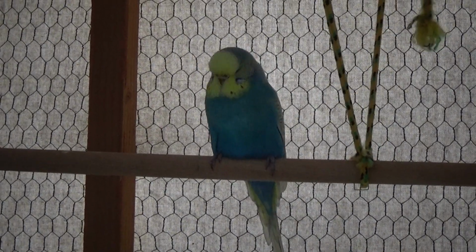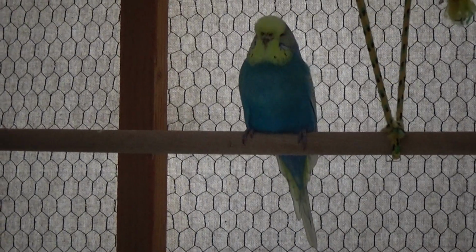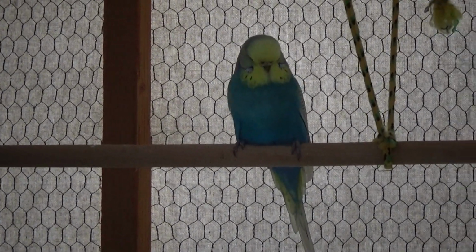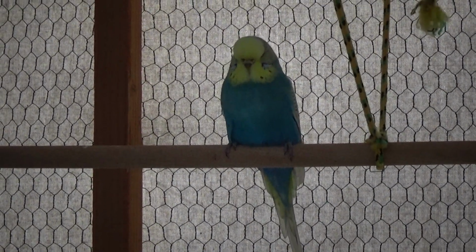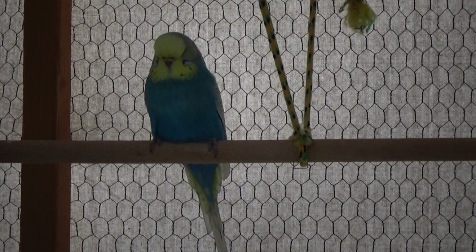I had to pull her. Her cere is crusty, but it's only tan. But I had to pull her out of the big flight because she was trying to steal Bubba, because her mate died and she was trying to, you know, line herself up with another mate. I didn't want them to get established because Bubba has a mate already, and I want her to breed to,